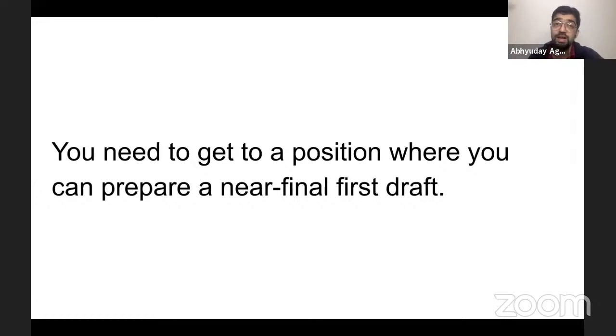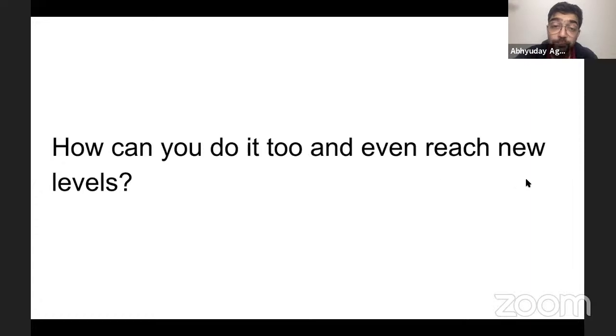Okay, somebody asked that, after the courses, can I prepare such good drafts? I'm saying you can prepare near final first drafts. I don't know in a Keshav-Nanda Bharti type of case whether you can prepare a near final first draft, okay? But in a regular Supreme Court matter under any statute like arbitration, NCLT, any SLP that you're drafting, a transfer petition, a review petition, or curative petition, an appeal, criminal appeal, these petitions, you can prepare a near final first draft, that I can assure you, okay?